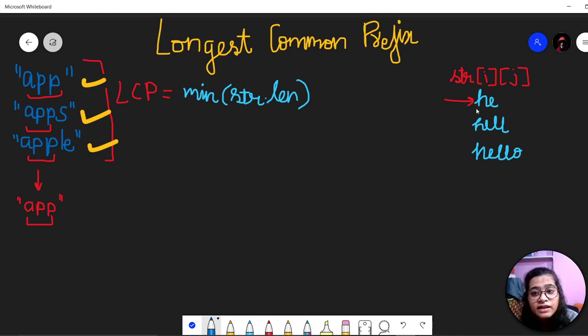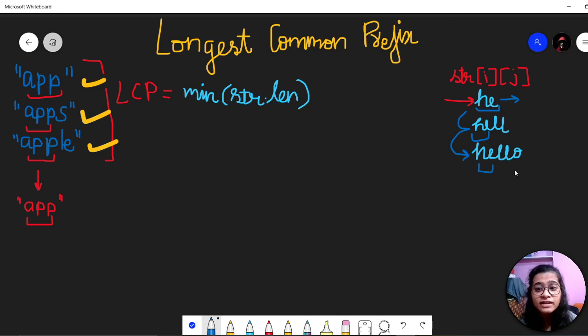See, here app is the minimum length string and it is common in all the strings. So we will take app and compare it with all the present strings. And if app is matching in all the strings, then we will print the minimum length string as the answer.